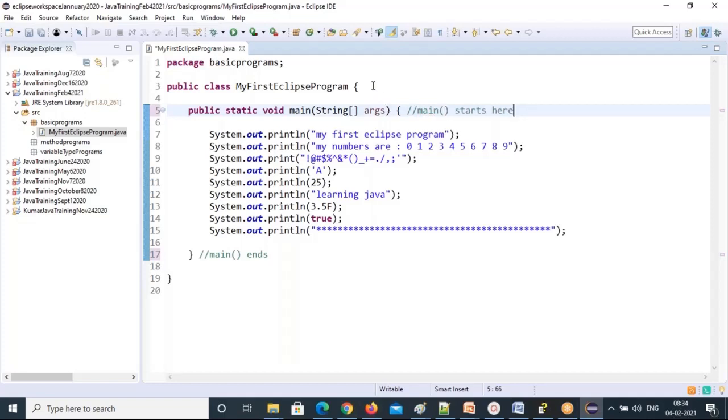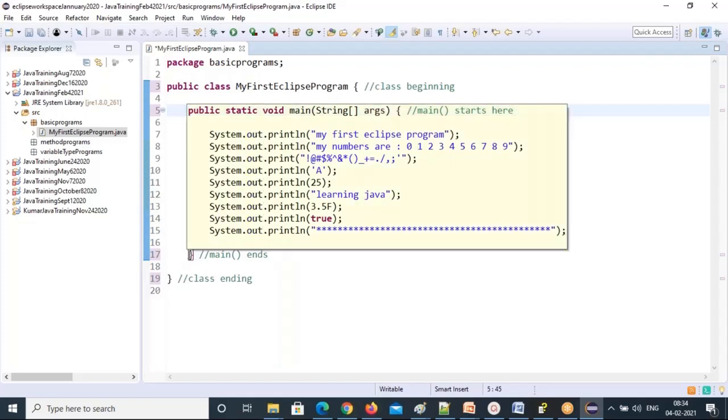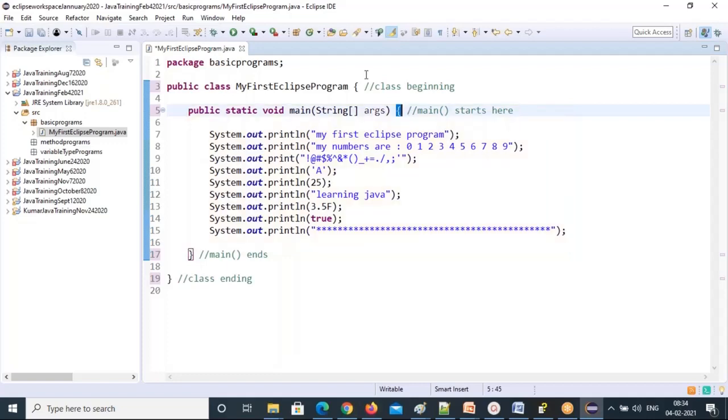So this is where the class starts. The class beginning. And the last one is the class ending. Every class has a start curly brace and an end curly brace. This end curly brace is highlighted because my cursor is here. If I put the cursor here, see that the highlighting comes here on the 17th line. So this is the method ending. This is the method body only, and this entire thing is the class body. So inside the class, the main method is one of the members.